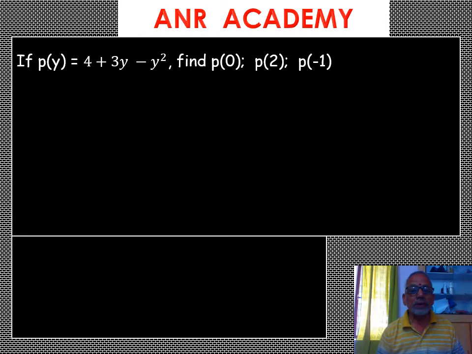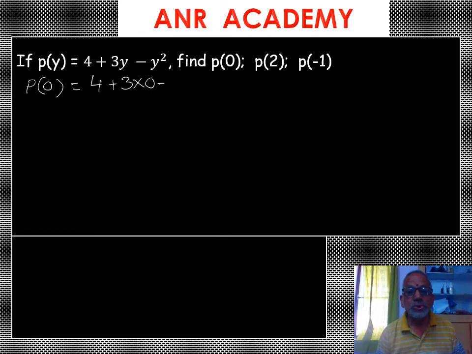Like the previous example, first let us find P of 0. That means in place of y you should keep 0. 4 plus 3 into 0